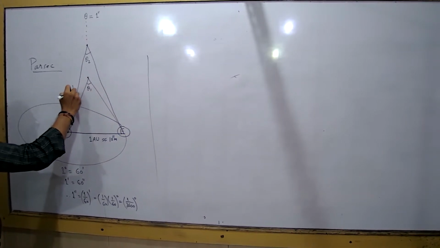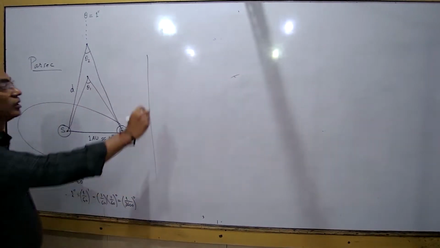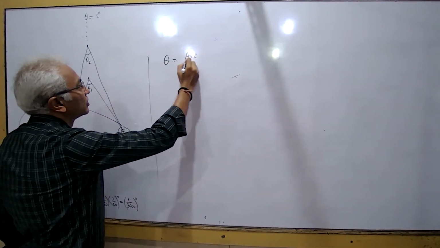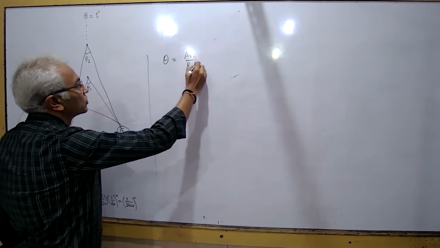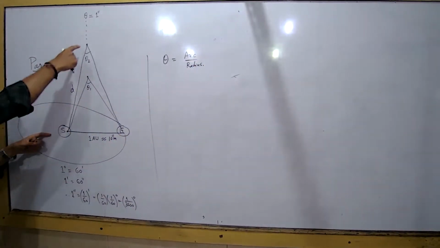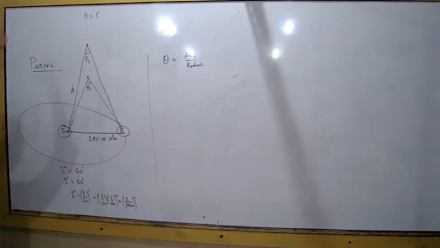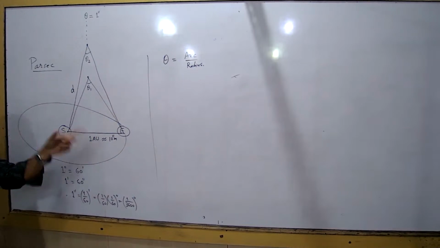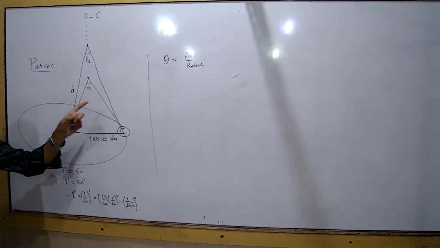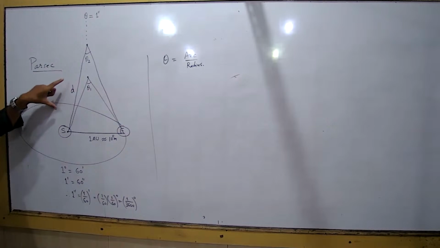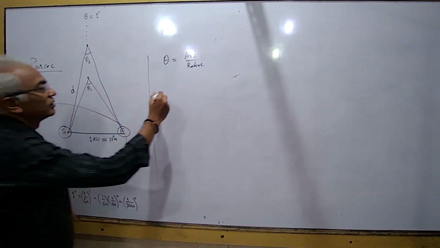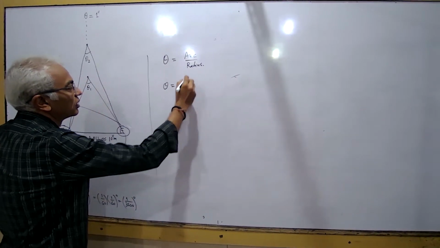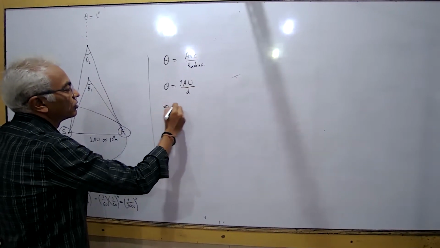So let's say that distance is d, right? And there is a relation: angle is equal to arc by radius. Okay. So this you can treat as radius, so it will make a very giant circle. And there is a relation between angle, arc and radius that you are going to learn in mathematics. So this radius is d, right? And theta equals arc by radius, and arc is 1 astronomical unit, and radius is d. Therefore, this d is equal to